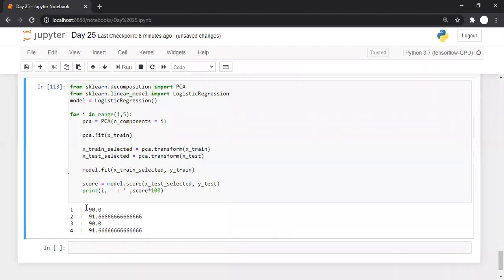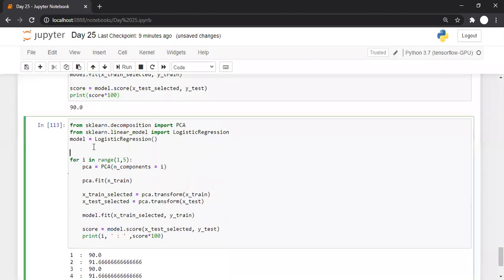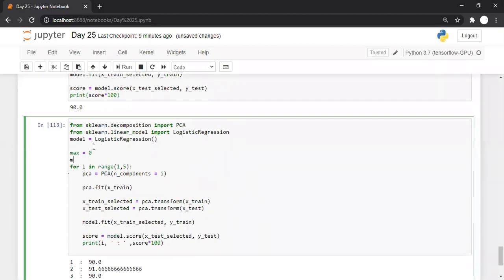So with one component accuracy is 90%, with two components accuracy is this, with three components this, and four components this, like this. And if we want the maximum, then we can say something like this, max is equal to 0, and max underscore component count is equal to, let's say, 0.